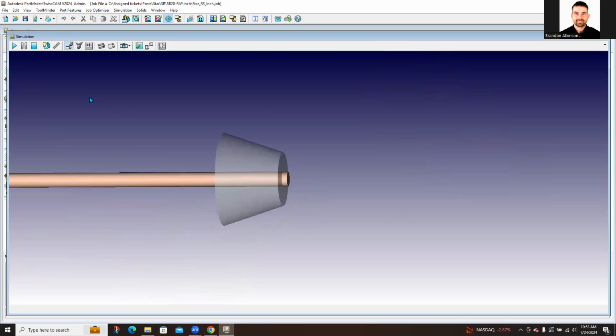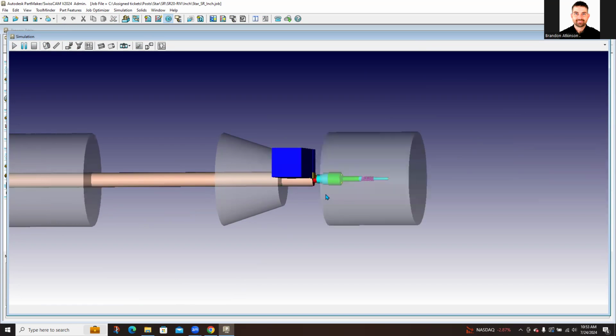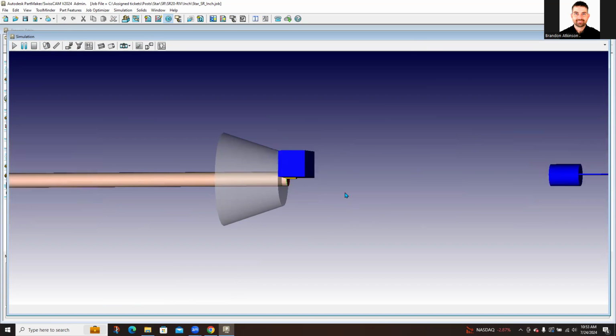Basic simulation is going to just run the toolpaths, just the tools on the stock. So you're not worrying about tool blocks. You're not really worrying about spindles crashing or anything like that. When I'm programming in Partmaker, I just want to know is the tool going to run into the stock? Are there going to be gouges on the part? That's all I really care about. I don't think that full machine simulation really gives you that much more of an accurate simulation as opposed to